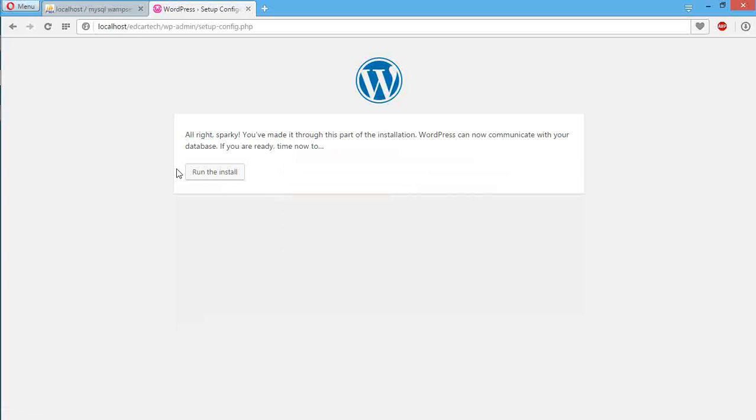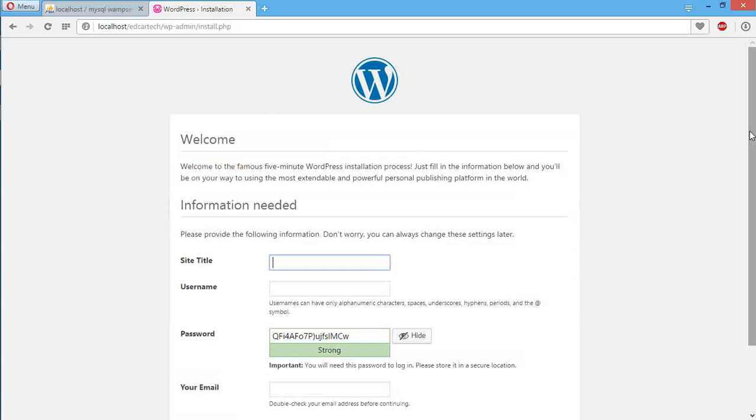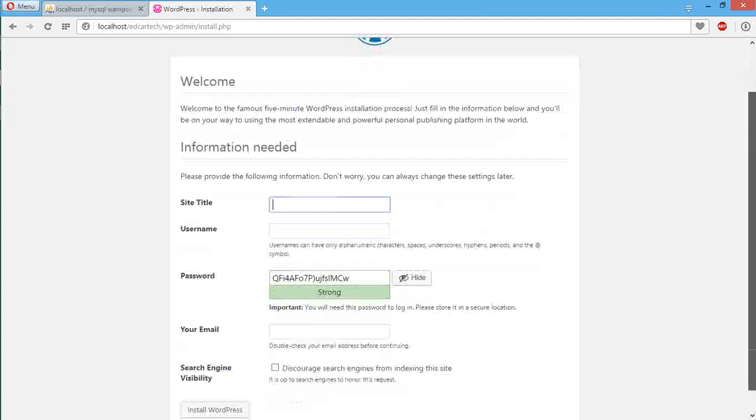Now we have a successful message that is telling us to go ahead. Alright, we have made it through this part of the installation. Now we want to run the installation itself. This is where we now create our first website with the localhost. So we have the site title, and let's give it any title at all, probably my first